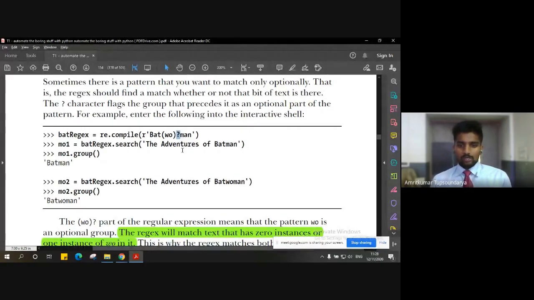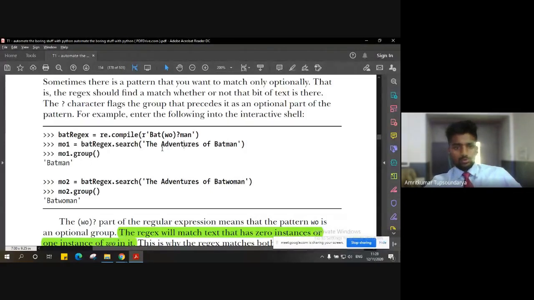When we have, let's say, zero or more instances, there is a different scenario for that. When we have one or more instances, there's a different scenario for that. But please make a note of it, that we can use the question mark when we are looking for either zero instances or just one instance of that particular regular expression.